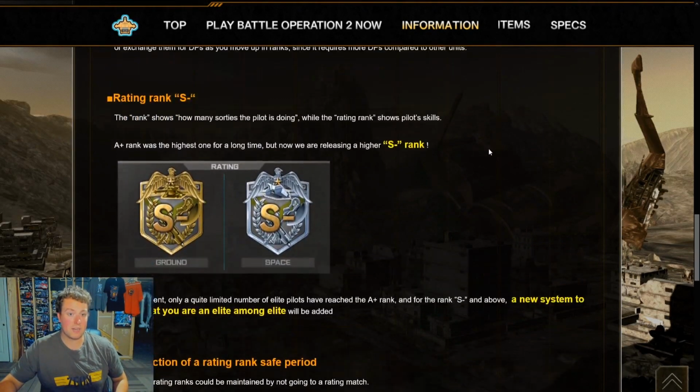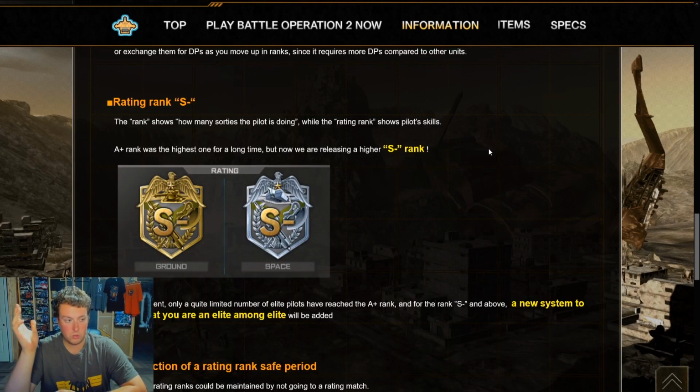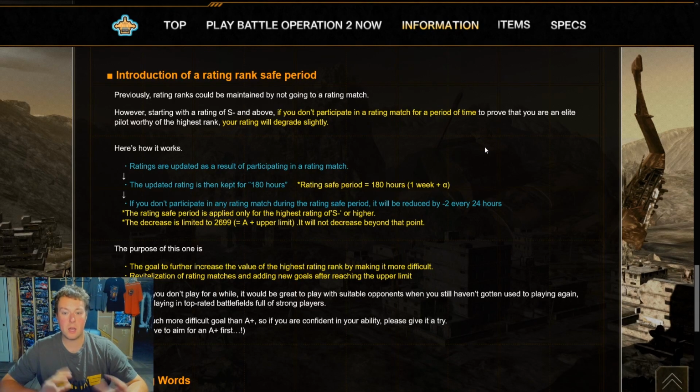Moving on, they're also adding the rank S- in for ratings, for ground and space, obviously. It's above A+, whole new rank level. This one has a new little tweak to it, though. They noticed a lot of players, once they hit A+, kind of don't play rated anymore. They just sit there. So with the new S-, once you hit S-, if you want to keep that rank, you need to continuously play rated games. So they have a 180-hour, 1 week timer. So once you hit that S-, if you don't play another rated match within that 180 hours, you start to